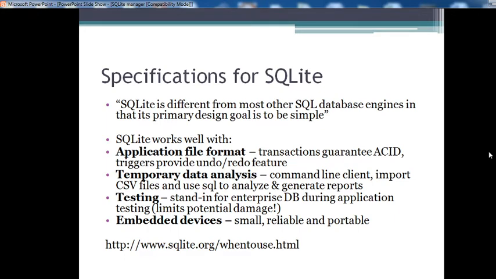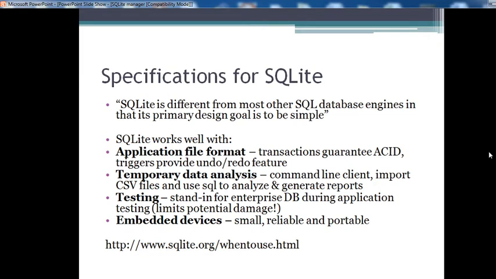Transaction guarantees, ACID, triggers, and it provides undo and redo features. That means transactions are guaranteed in SQLite. The ACID properties are atomicity, consistency, isolation and durability.